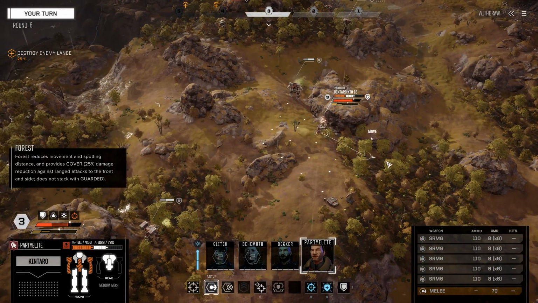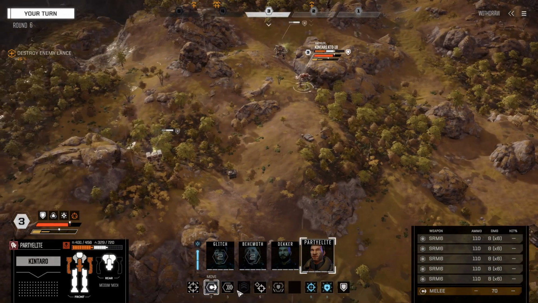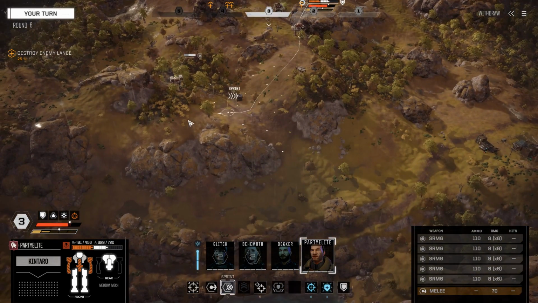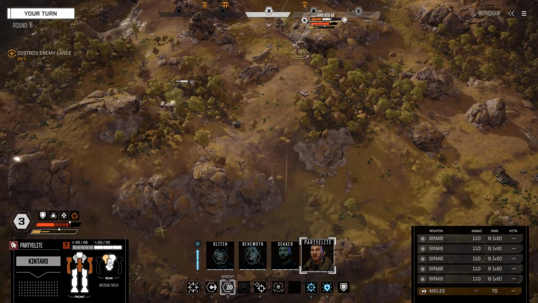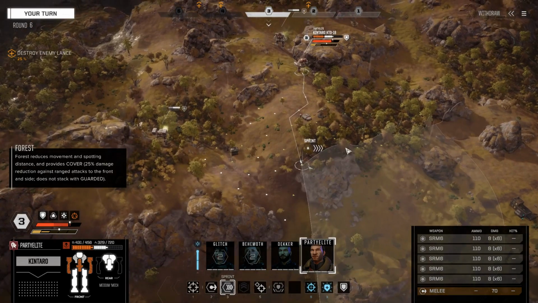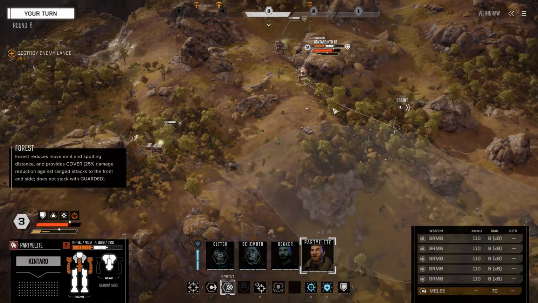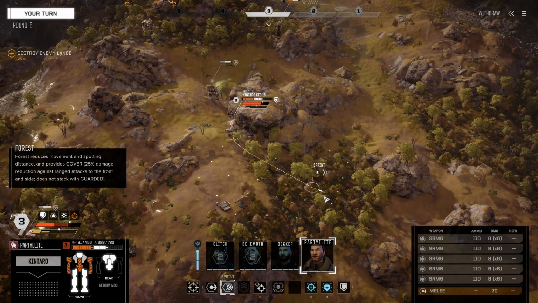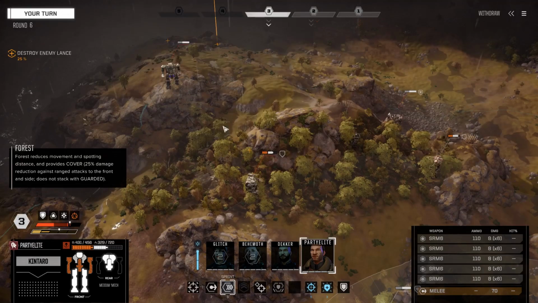Now, I could move into cover all the way back here. They've got some LRMs, right? So we could sprint into cover all the way back here. Expose our back, which is currently our most armored part, but I don't think that's a good idea. We could sprint all the way back to here or here. Reduce the likelihood of being hit by...